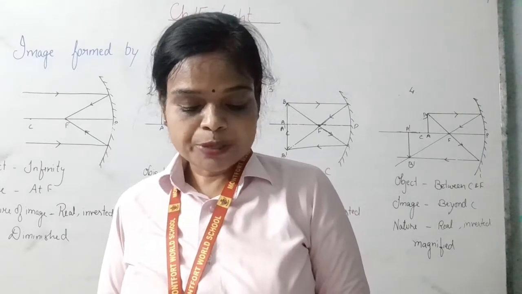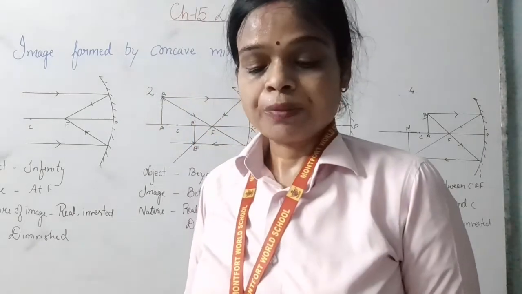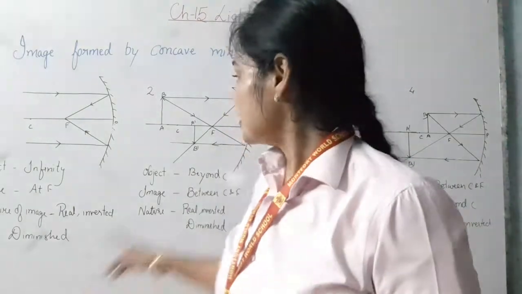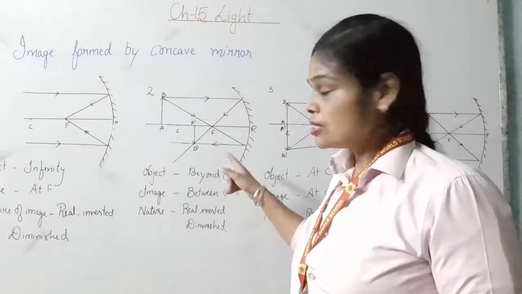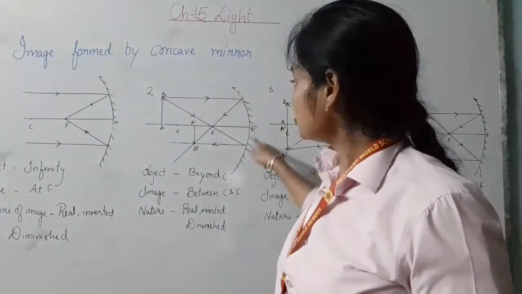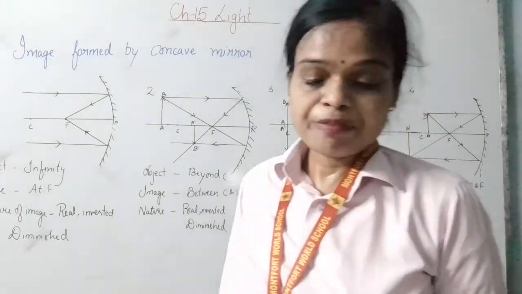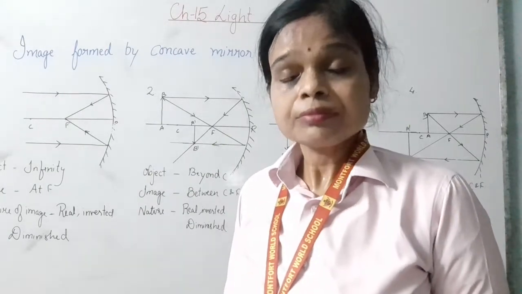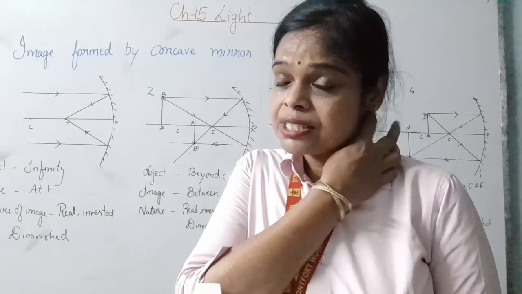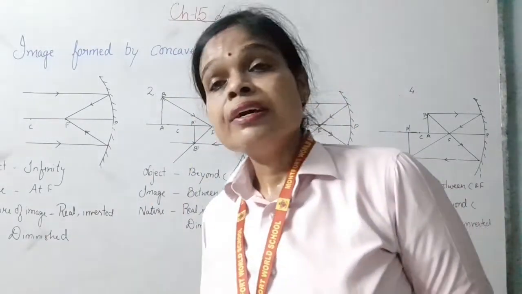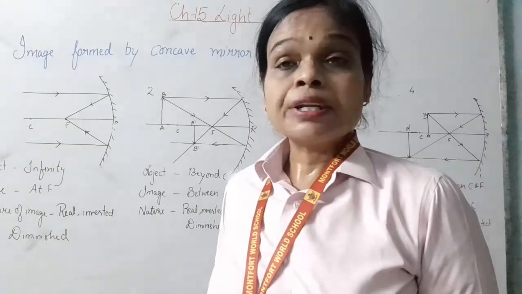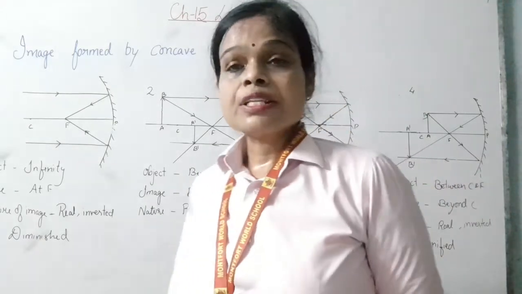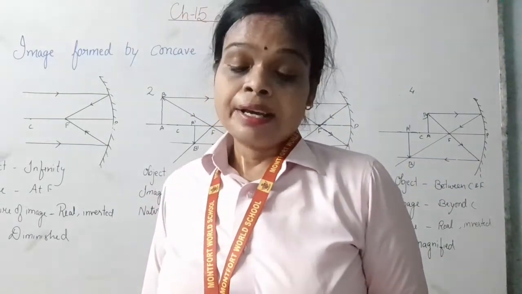Next, give two differences between the convex mirror and the concave mirror. Concave mirrors are the mirrors which are polished on the outer side, and those which are polished from inside are called convex mirrors. Concave mirrors are used as reflectors, whereas convex mirrors are used as rear view mirrors. Concave mirrors can form real inverted images, whereas convex mirrors always form a virtual and erect image.